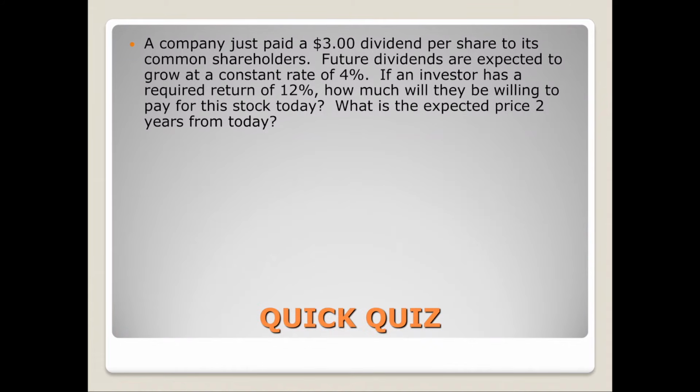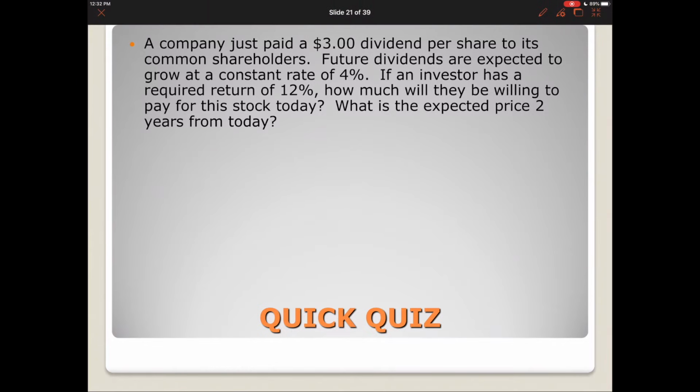So for a company with these problems, the first thing we need to understand is what type of growth assumptions are being made. First, ask yourself: do the dividends go on forever? If the dividends do not go on forever, then you need to utilize the general dividend valuation model. If they go on forever, we're going to make one of 3 assumptions. Is it zero growth, where they stay the same? Constant growth, growing at some constant growth rate? Or supernormal, where they have non-constant growth followed by some type of